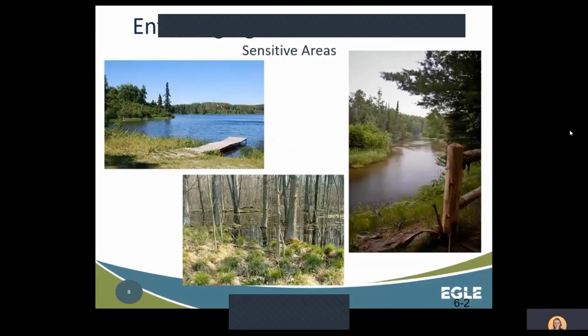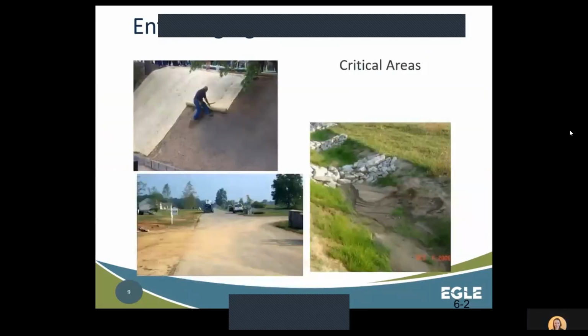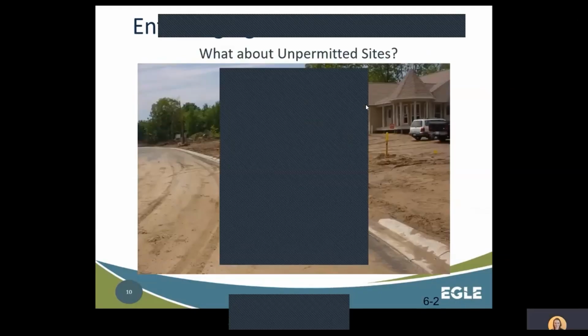One of the primary roles of enforcing agencies is to issue and enforce SCSC permits. So what needs to be protected? Sensitive areas, which are areas easily impacted by sediment, such as lakes, streams, and wetlands. Critical areas, which are areas that are hard to stabilize, such as slopes, areas of concentrated flow, highly erodible soils, and droughty soils. Part 91 protects adjacent properties, which is why we are concerned about track out. Some materials from a construction site could cause health and safety concerns, like rock being thrown from the wheels of equipment.